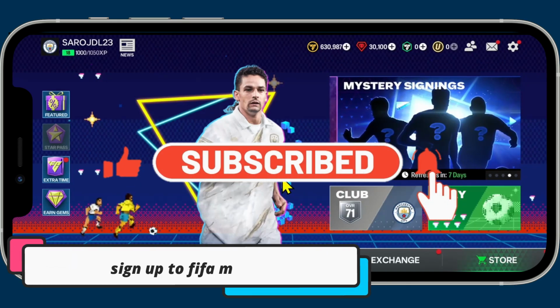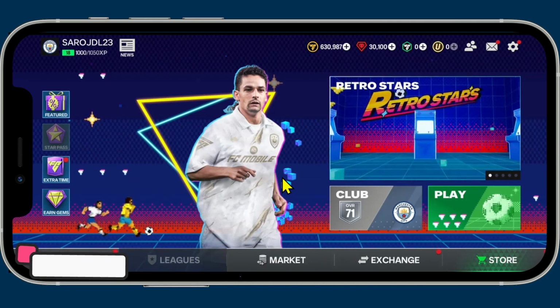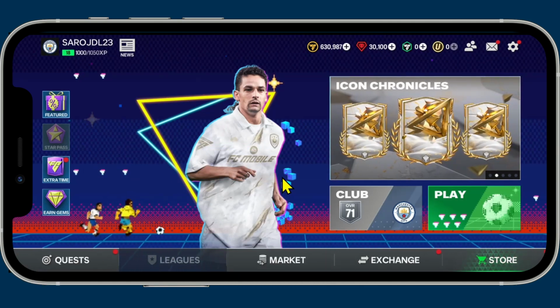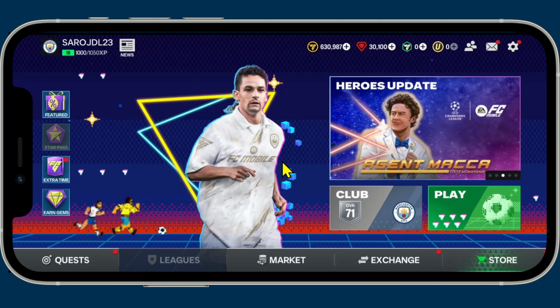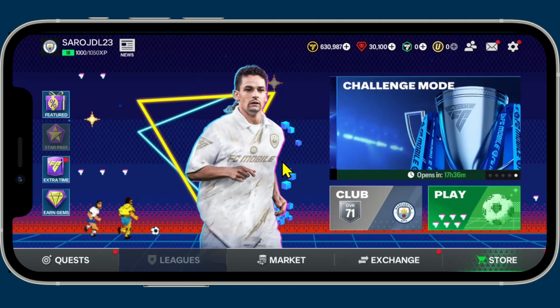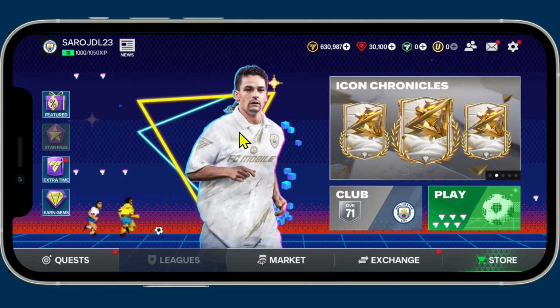In this video, I'm going to show you how to sign up and create a new account on the FIFA mobile game. So let's get started right away. First of all, when you open up the FIFA mobile game on your device, you will be taken through the basic tutorial levels. Once you have completed these levels, you can log in or sign up to an online account